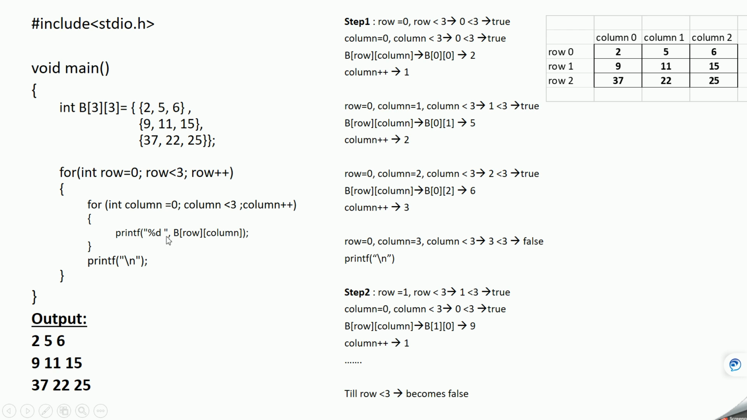You can see percentage d, and after percentage d there is a space, so it will print a space also. And then this column plus plus will get executed, and the column value will go from 0 to 1. Now again the control will come to this for loop, and the column value is 1 in this case,